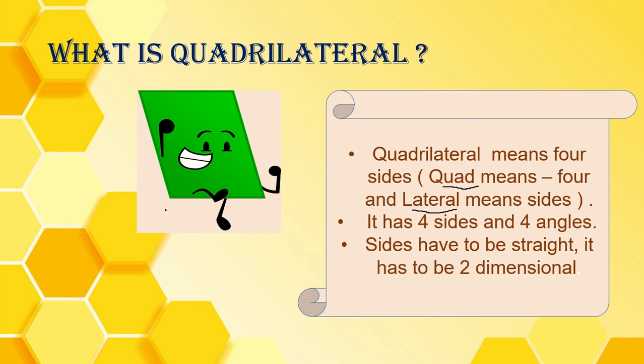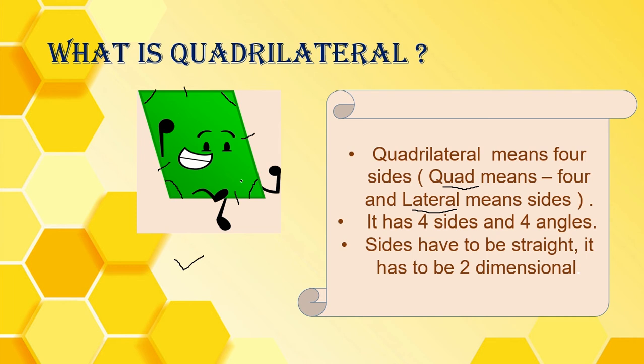As you can see in this figure, I have four sides: 1, 2, 3, 4. And four angles are here. You know about the angles. How is it formed? This one is first angle, then second, third, and this one is 4. So in this figure, I have four sides and four angles. So this kind of figure is known as quadrilateral.